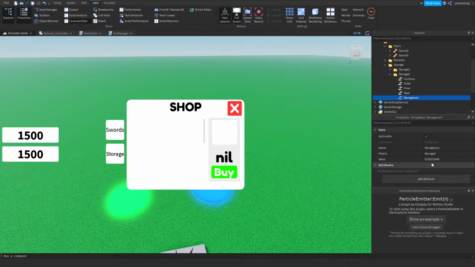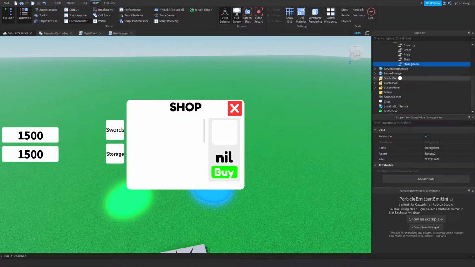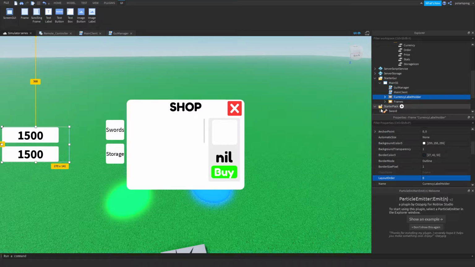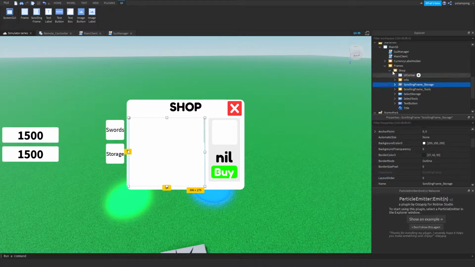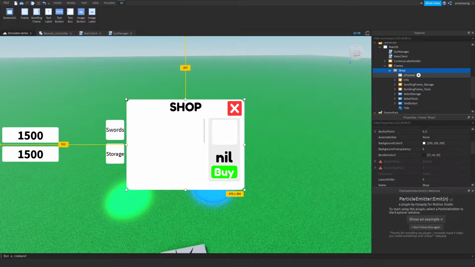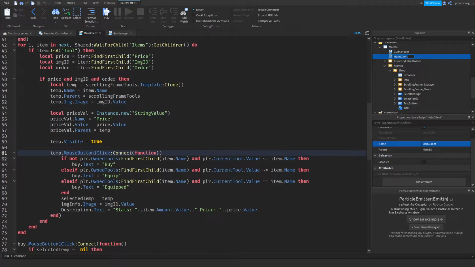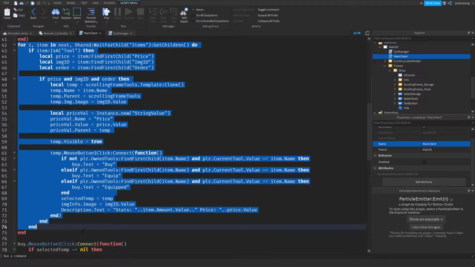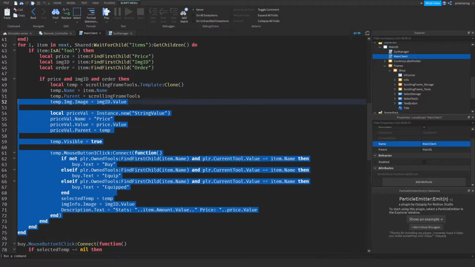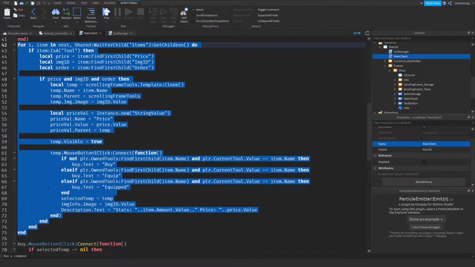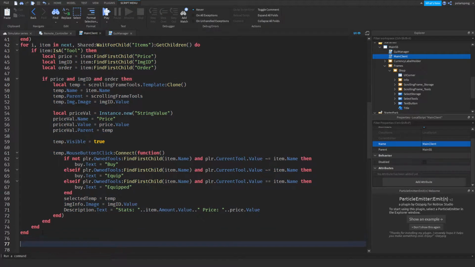Now what I'm going to be doing is entering start GUI currency holder. Actually it's not named currency holder. Go to your shop here, and we have this main client script here. Enter it, and what I'm going to do is copy this for loop right here, and just paste it here,